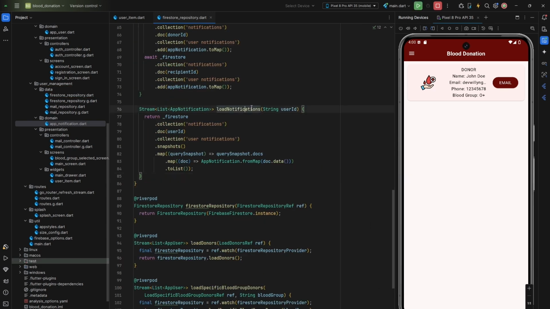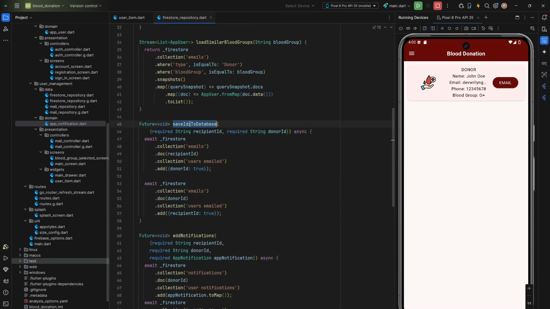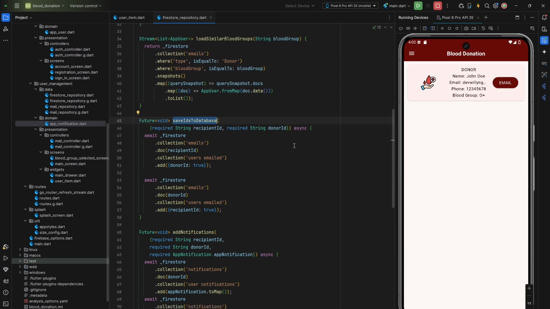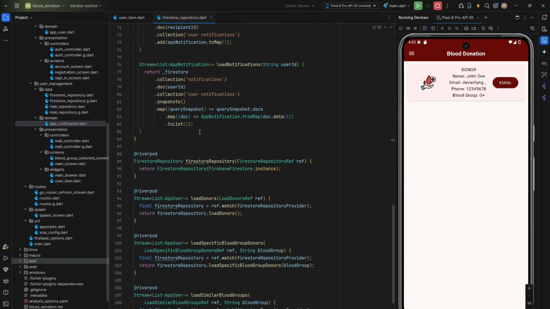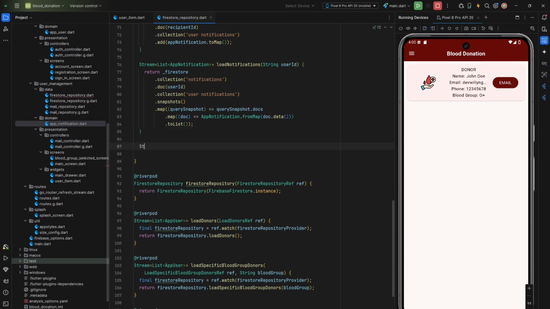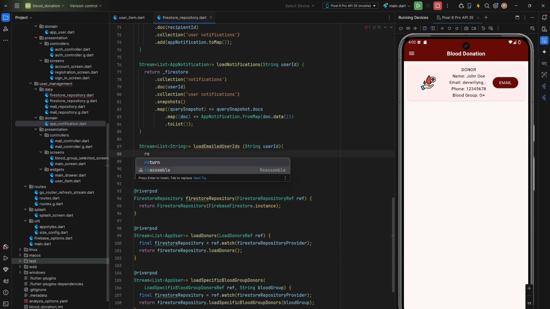You're also going to need to load, since we saved the IDs of the people that have emailed us or we have sent emails to, you also need to load those IDs, and then you are going to use those IDs to display the information of those users. So the stream is going to be a List of String because IDs are strings, and this method is called loadEmailedUserIDs. Again, we are going to load for specific users, so with the user ID, we are going to return